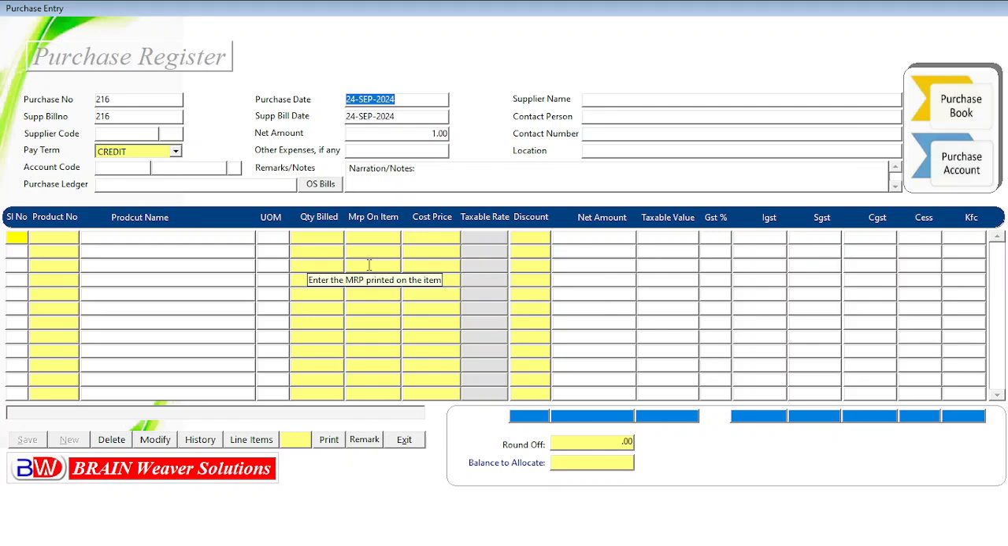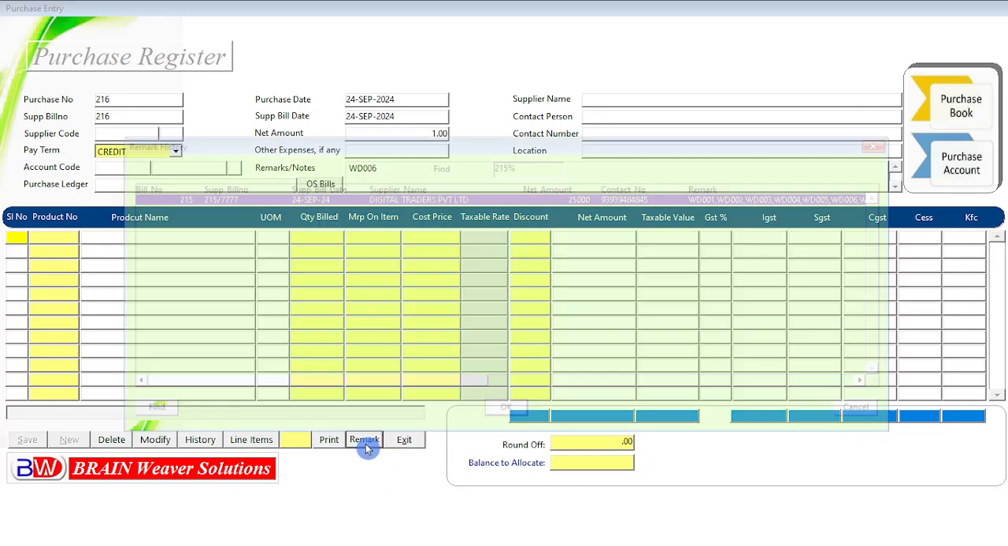After saving it, suppose you want to track a specific product serial number and you want to track against which purchase or which supplier, against which purchase invoice you have purchased this product, just type the serial number here. For example, consider in the last purchase there is a serial number as WD006. By entering the serial number in this remark field and by pressing this remark button in the bottom, system